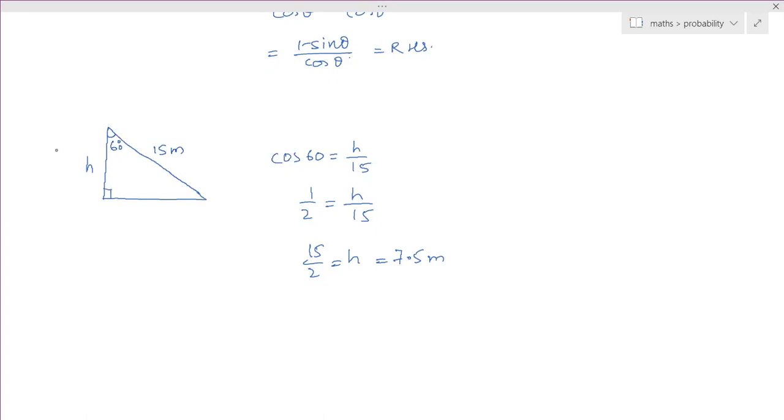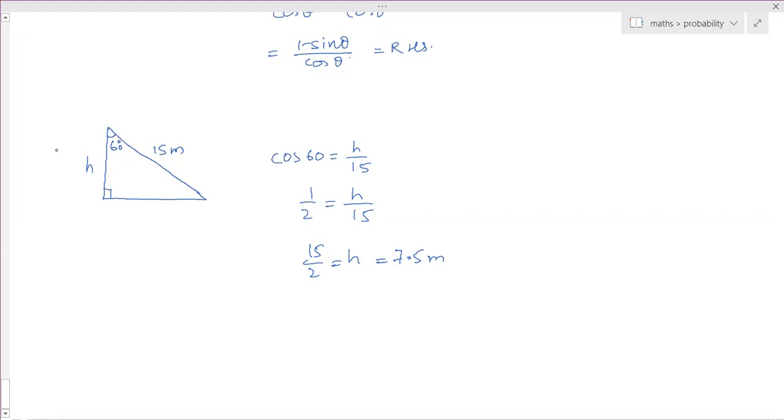Ma'am, they stopped at 15 by 2. So some questions they converted it, some questions they kept like that. So what should we do, ma'am? In this NCERT exemplar, when I saw, the answer is 15 by 2. So 15 by 2 and 7.5, what is the difference? In some questions they are keeping it as 15 by 2, in some questions 7.5. So what should we do? Decimal answer. Okay, ma'am.